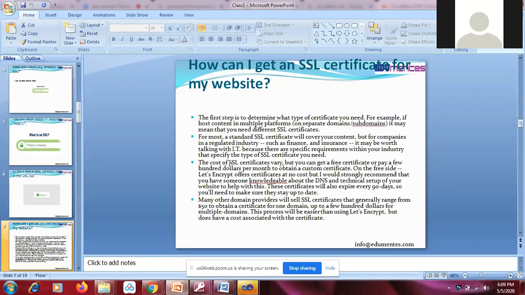On the free side, Let's Encrypt, the one I was talking about, offers certificates at no cost, but I would suggest that you have that idea of using DNS and technical setup of your website to help this. But usually, if you are using WordPress, then you have plugins, which I will talk about later in this class. These certificates also expire every 90 days, so make sure that every 90 days you are updating your SSL